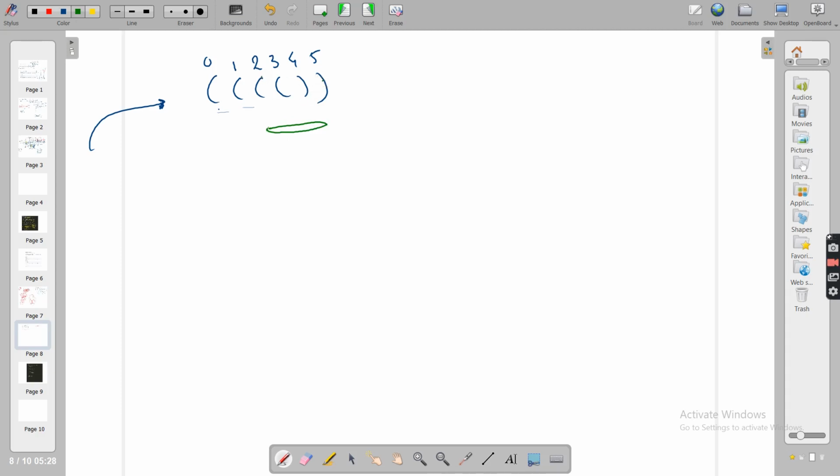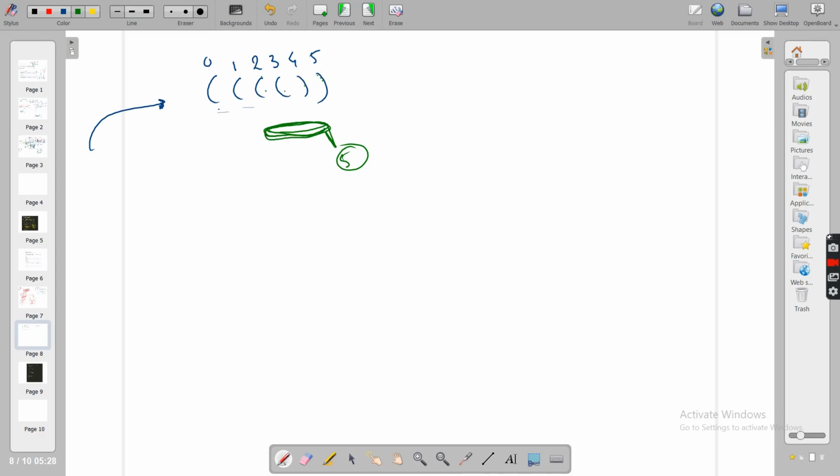So what I can see here is that this chain is ending at index number 5. You are clear with this, right? Now 5, 4, 3, 2 were all part of this chain.